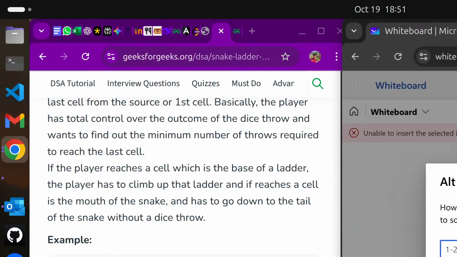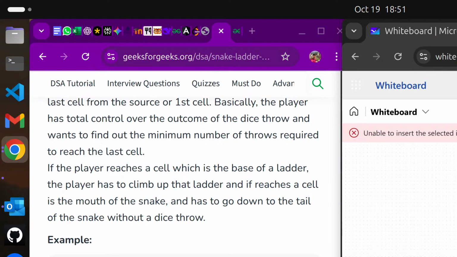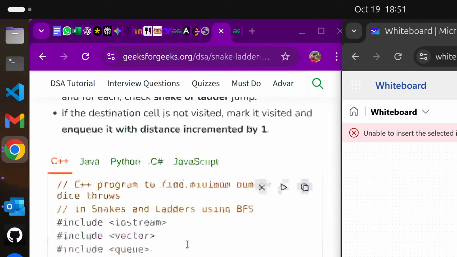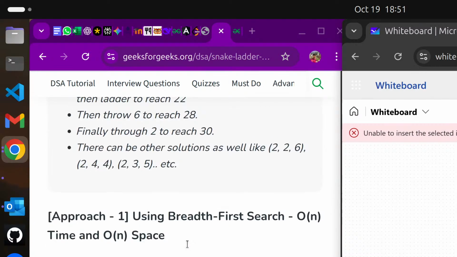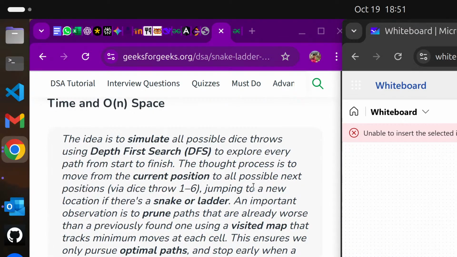Right, whatever it is. Right. So how DFS is working, right? What is the approach of DFS here? So DFS we have seen already. So what DFS is doing is like